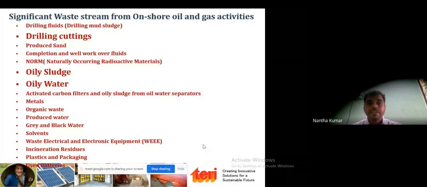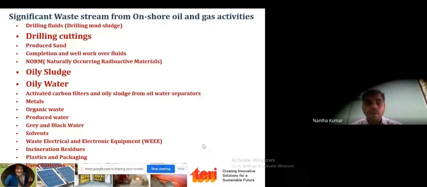So what are the significant wastes being generated? Mainly drilling cuttings, and a lot of produced sand, metals, organic waste, produced water, and solvents. For many of these we can go for the recycling process, but recycling is a kind of disposal process.